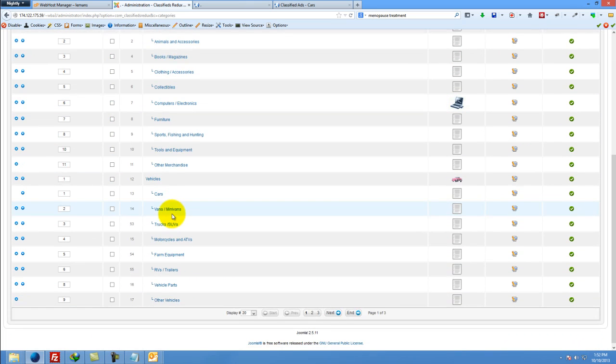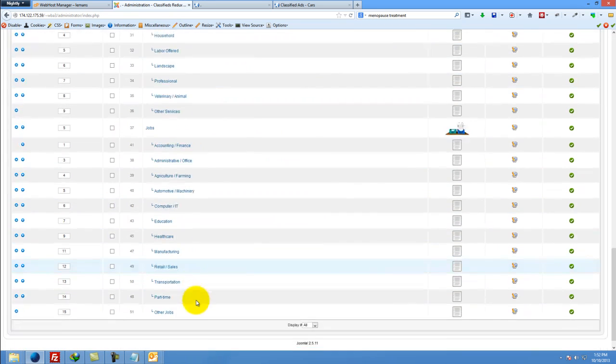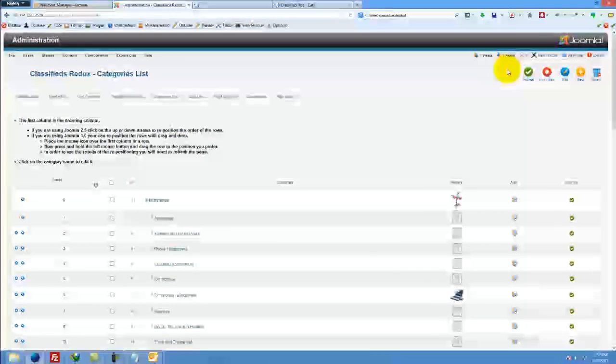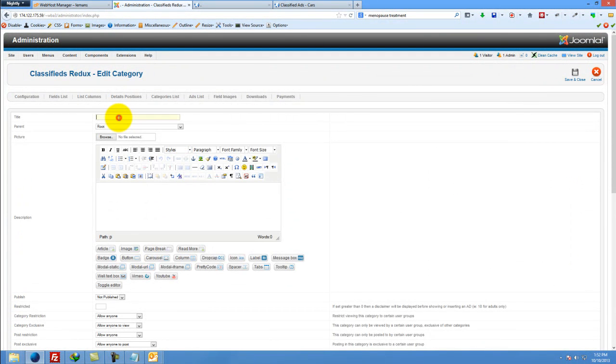So here you can see all of your categories. You can display all of them at once if you want to. Just click on Display All, and you can see all of the categories and subcategories. So if we wanted to add a new service category, we could just click on New and add the service